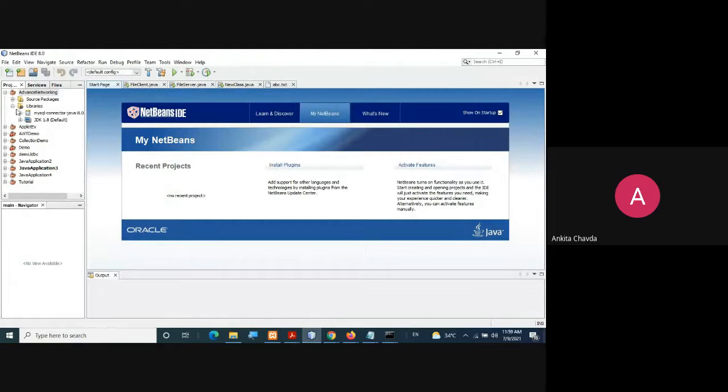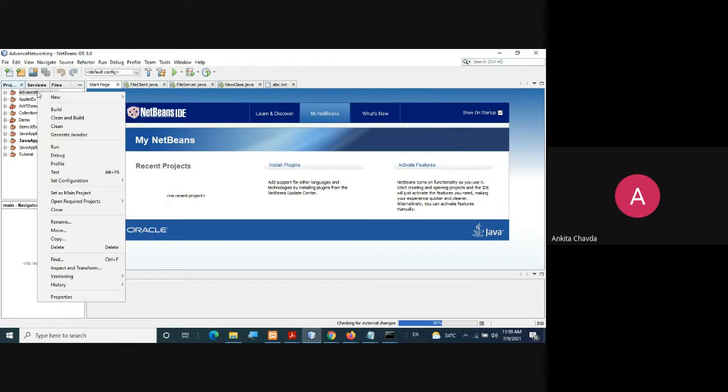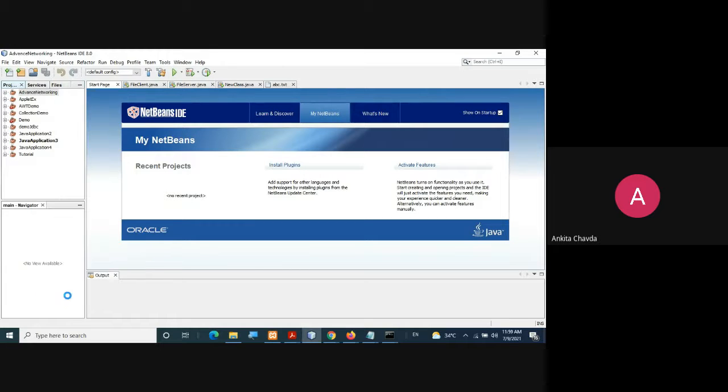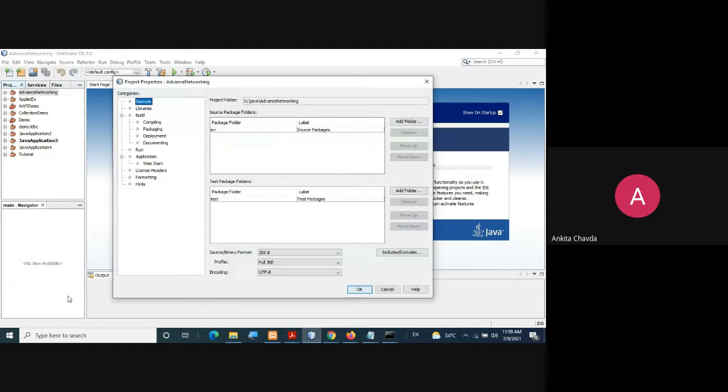Okay, fine. Once it is downloaded, now how can you map it? Suppose this is my project, advanced networking. In that only, I have created my file for the JDBC first demo program. So in that, right click on it and you will get properties. Click on properties.